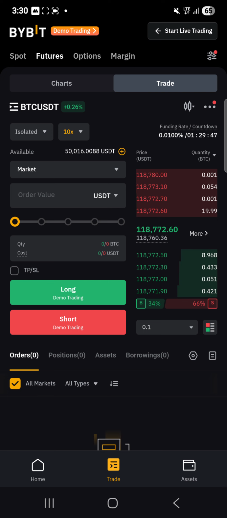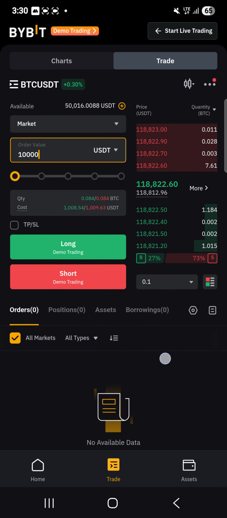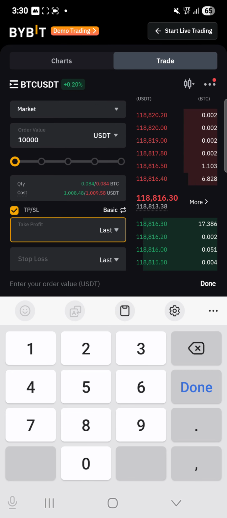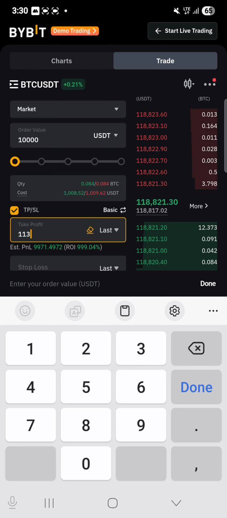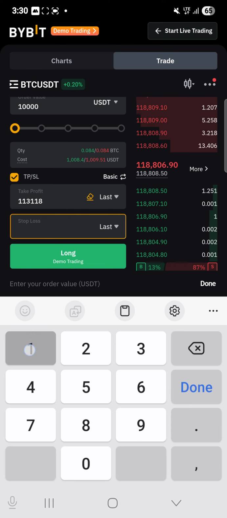I want to properly manage this account, so I want to do this using $1,000. So instead of putting $1,000 here, I'll put $10,000. That is the 1,000 times 10, which will now give me the $10,000 here. But the real cost is $1,000, which is shown beneath this quantity. So our TP, I'll just click here, take profit for me around 113118, and now stop loss when it gets to